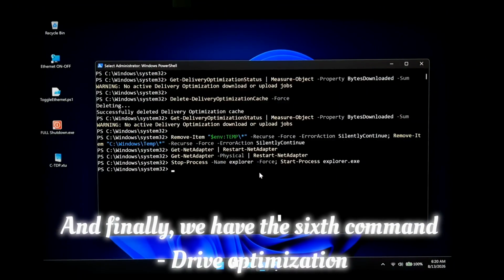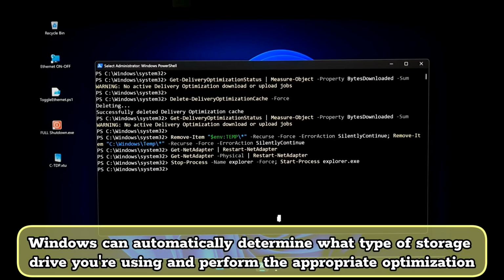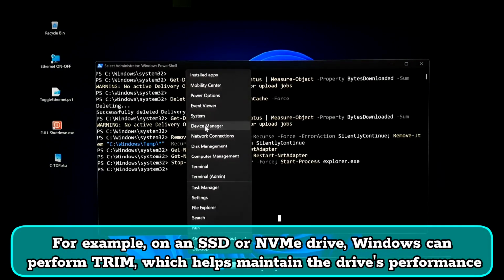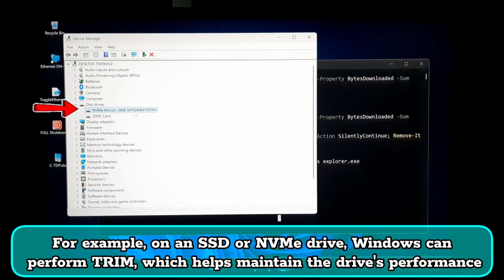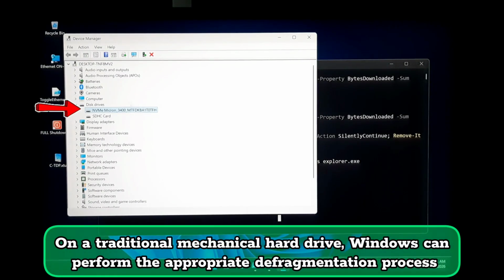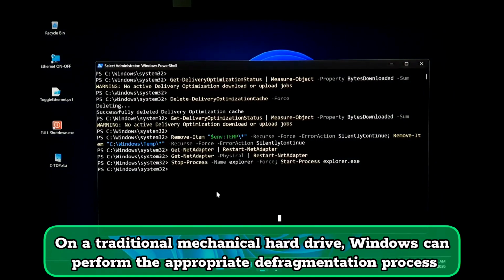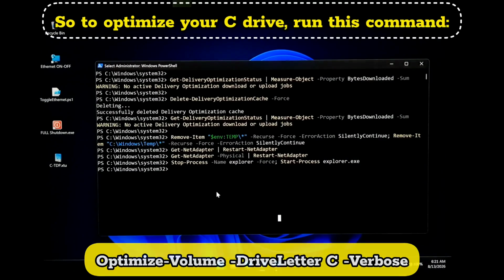And finally, we have the sixth command, drive optimization. Windows can automatically determine what type of storage drive you are using and perform the appropriate optimization. For example, on an SSD or NVMe drive, Windows can perform TRIM, which helps maintain the drive's performance. On a traditional mechanical hard drive, Windows can perform the appropriate defragmentation process. So, to optimize your C drive, run this command